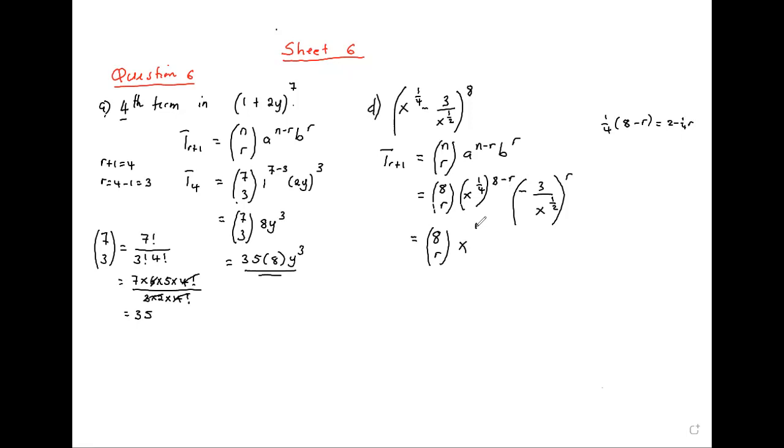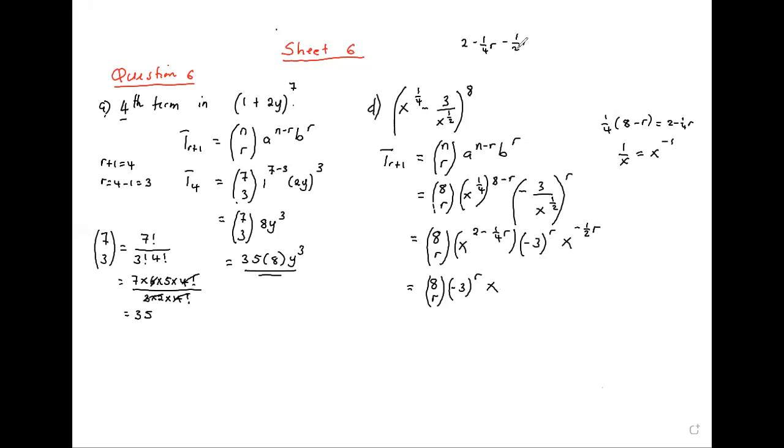So we have 2 minus 1/4 r, multiplied by, you extract -3 from x to the power half, and then take the half up by giving it a negative power, multiplied by r. So you guys understand that whatever is in the denominator can go up by making its power negative. So that now we have 8 choose r and then -3 to the power r has nothing to do with x, but we have x to different powers. So we put those powers together. So add and get 2 minus 1/4 r